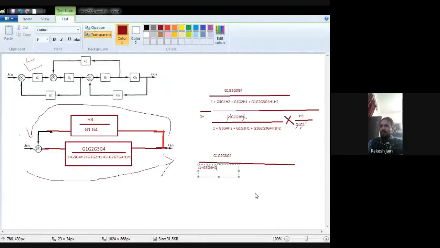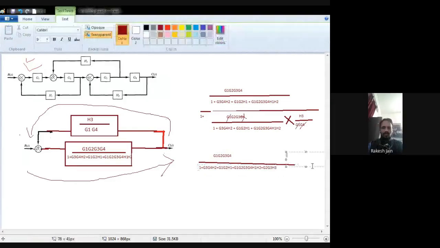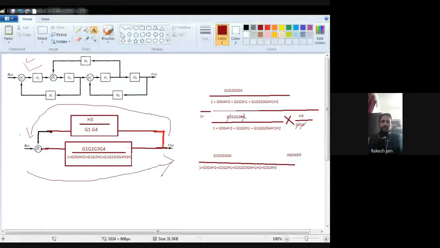Okay, now the question is very simple. In the first question you see the feedback is at the upper side, otherwise you always see the feedback at the lower side, but here the feedback is at the upper side, but it is feedback. That's why how to solve this kind of feedback loop is very simple. After the solution of this step, no other blocks will be remaining, so this will be your final step. So to find the answer of this final step is very simple. What is the rule? Forward gain divided by 1 plus or minus forward into feedback.